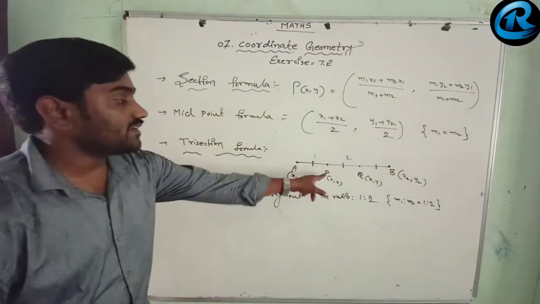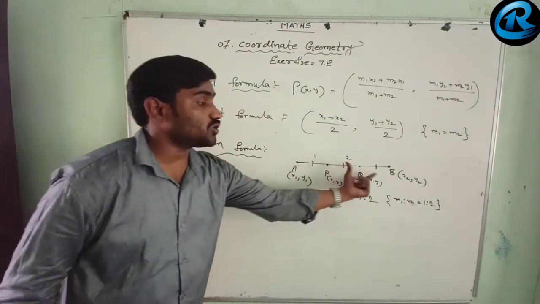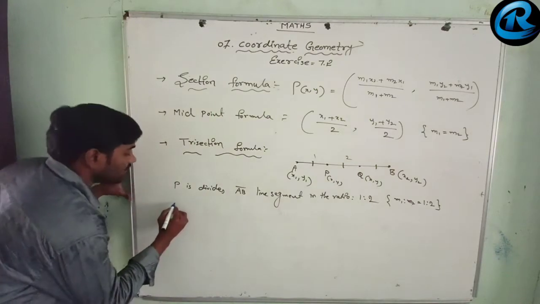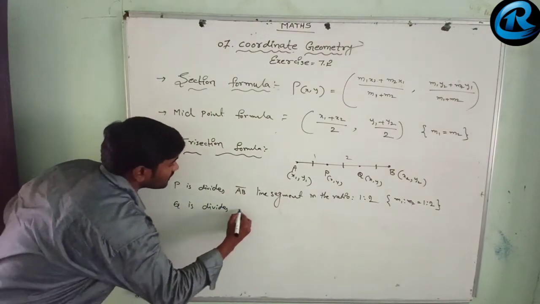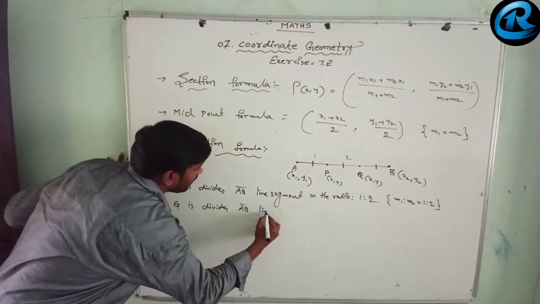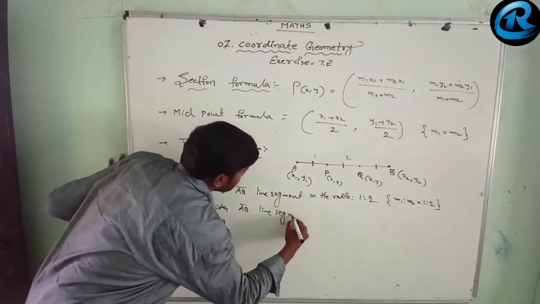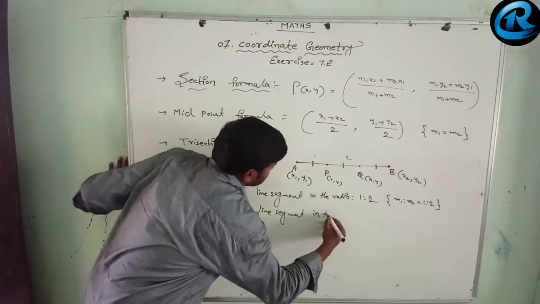When P divides this AB line segment in 1:2, then Q divides the same AB line segment in the ratio